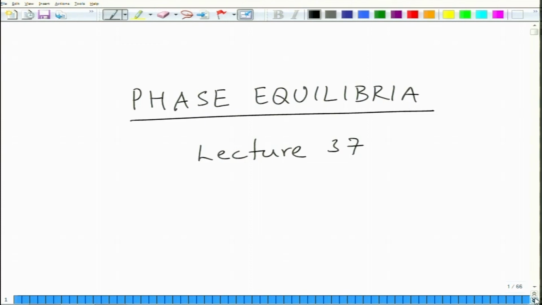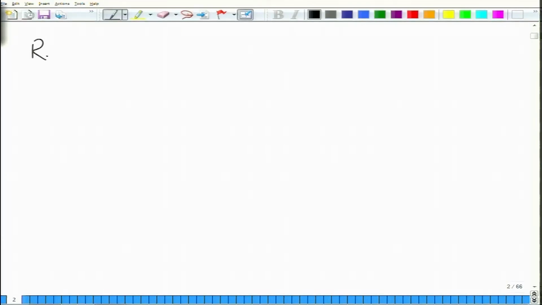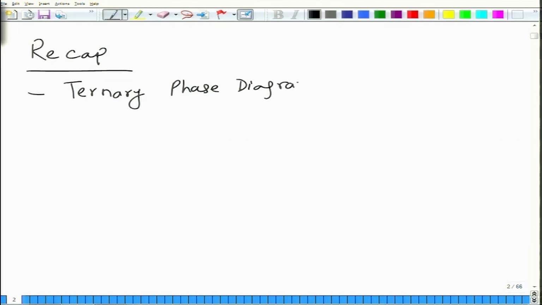So what we were discussing in the last few lectures was ternary phase diagrams. We'll just briefly recap some of the past work before we move on to the new contents. Basically, we introduced ternary phase diagrams. And in those diagrams, we looked at a few things like how to determine the composition, what is the tie